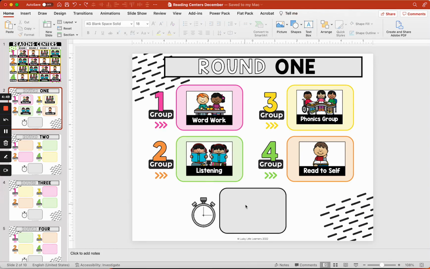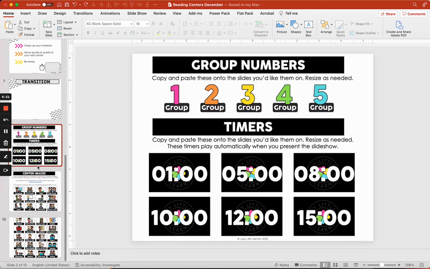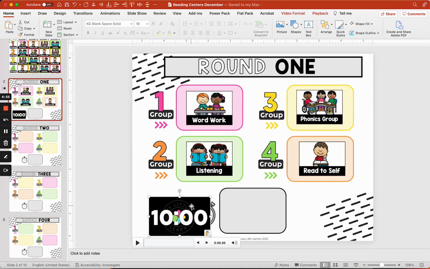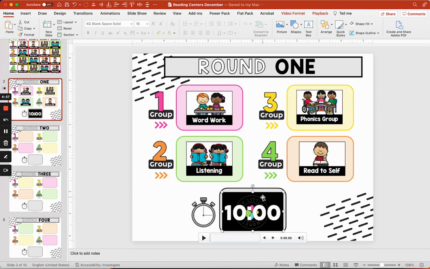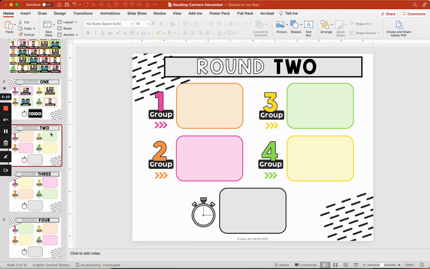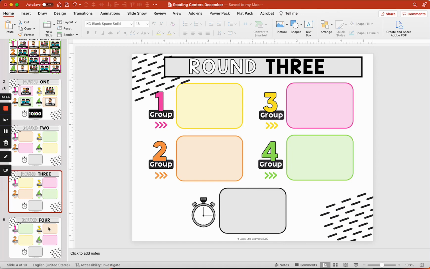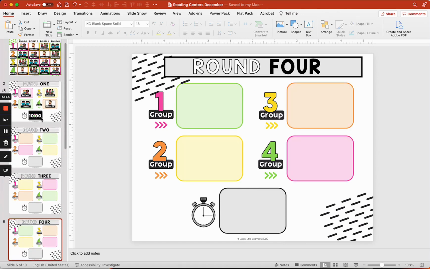And then right here is a spot for you to put your timer. I'm going to go ahead and do 10 minutes for each group. So I'm just going to copy the 10-minute timer and stick it right there. These timers autoplay when you present the slides. So as soon as you go into slideshow mode, then the timer will just start automatically. So then you can go ahead and do the same for round 2, 3, 4, and then you can also